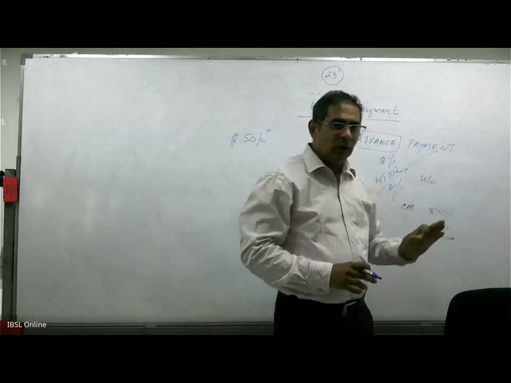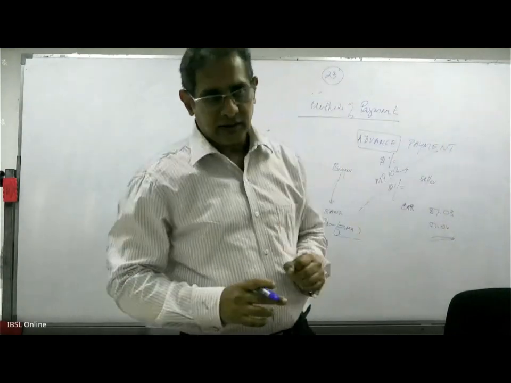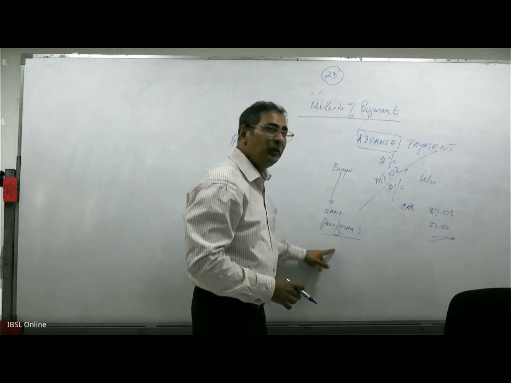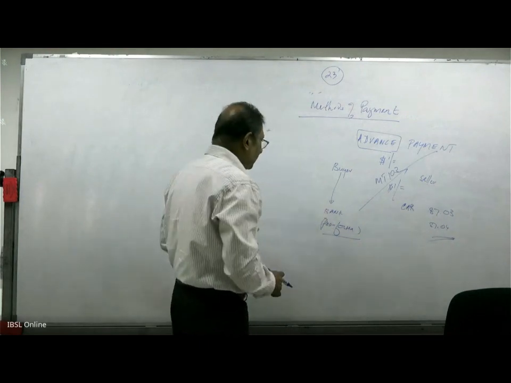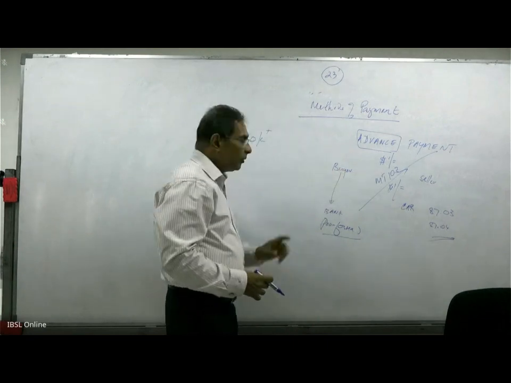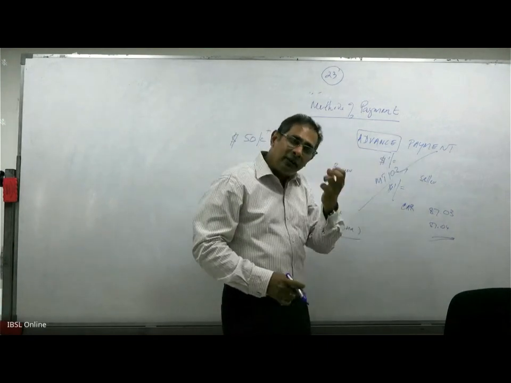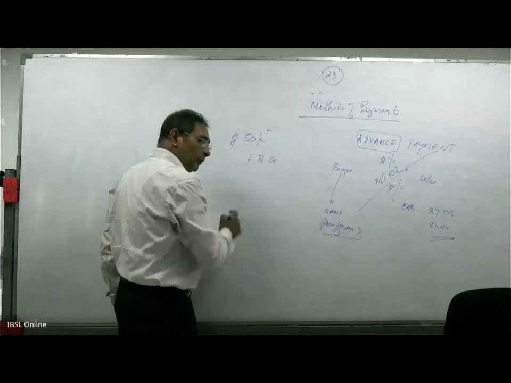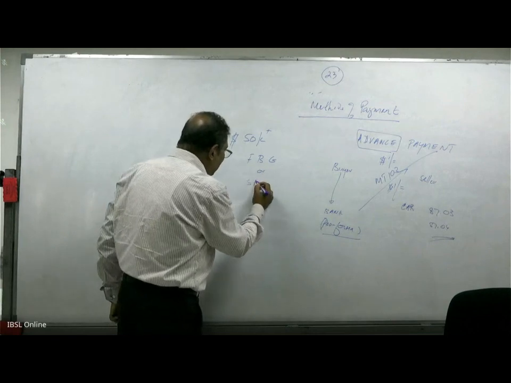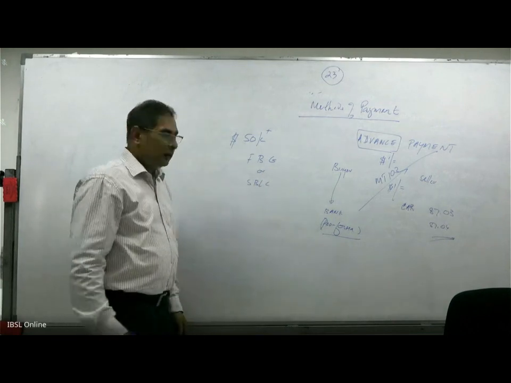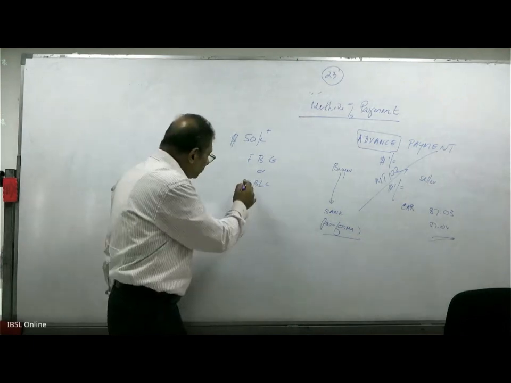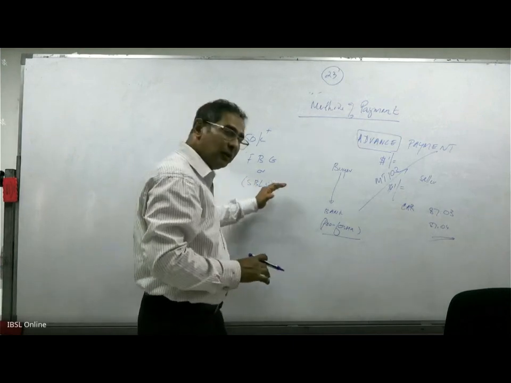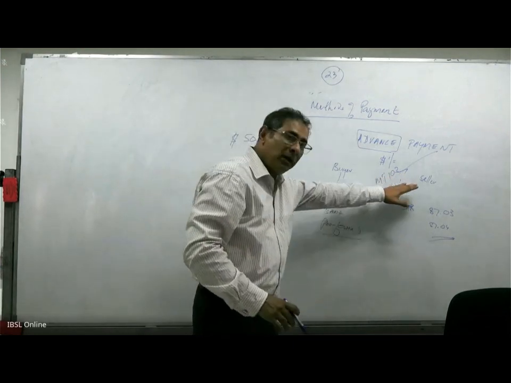exceeds 50,000 US dollars or equivalent in any other designated foreign currency, say the proforma says $51,000, then the bank will advise the buyer to contact the seller and get a foreign bank guarantee or a standby letter of credit organized. We will not go into what a standby letter of credit is for the moment. Just take it down, SBLC, standby letter of credit, or he has to organize a foreign bank guarantee for the seller.